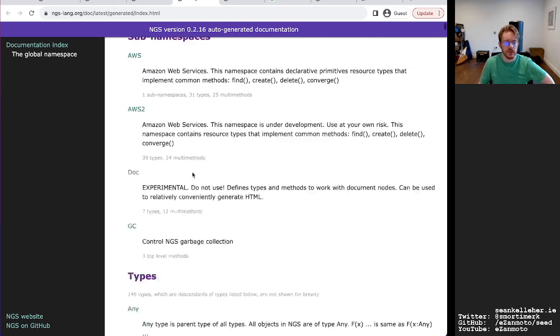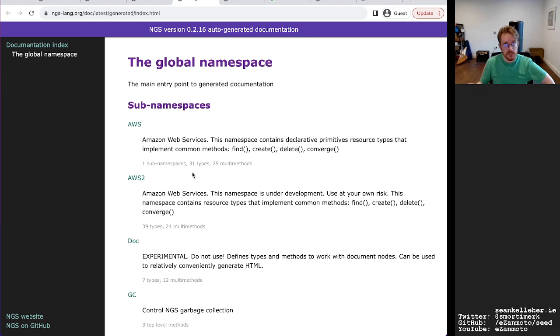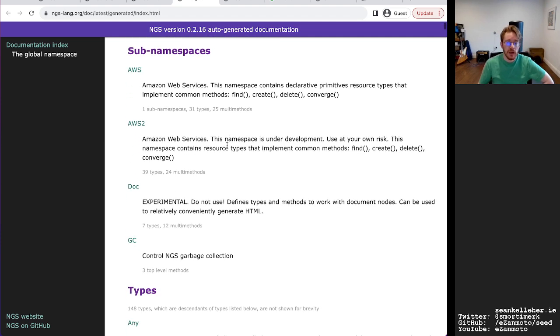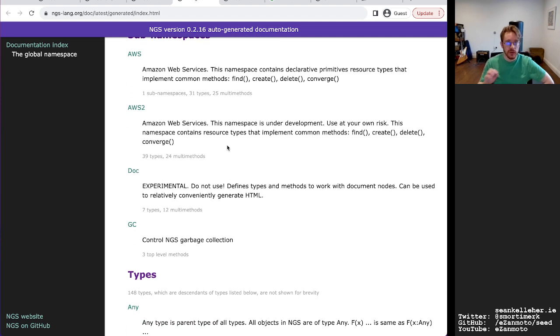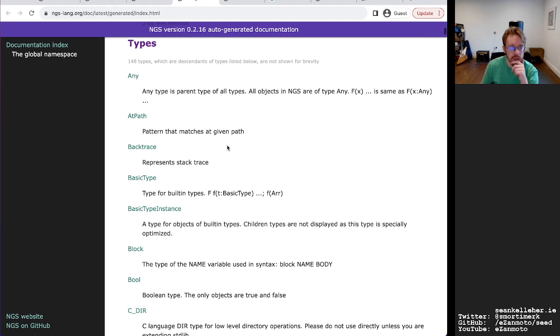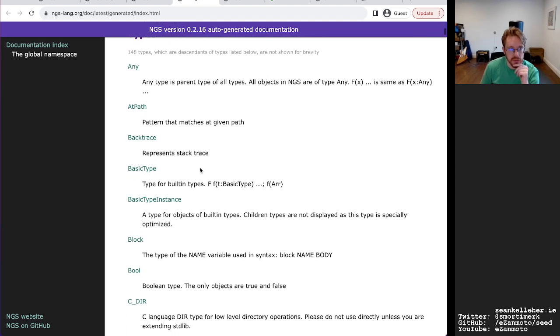It seems kind of a bit low level to be working directly with, but then again, this language is targeting DevOps operations, so maybe that's useful for gluing different programs together. I'm not sure, but let's keep going. So we've types.